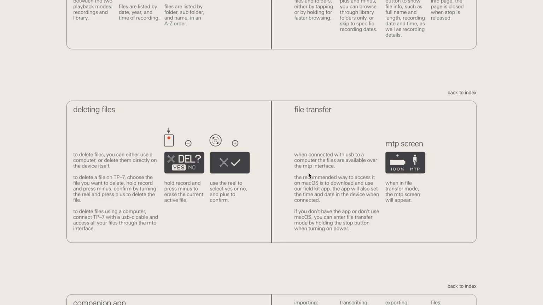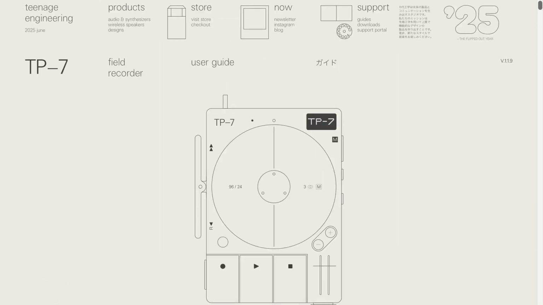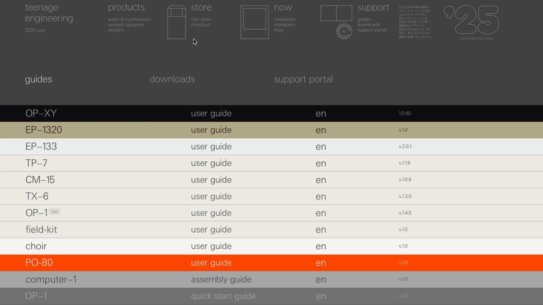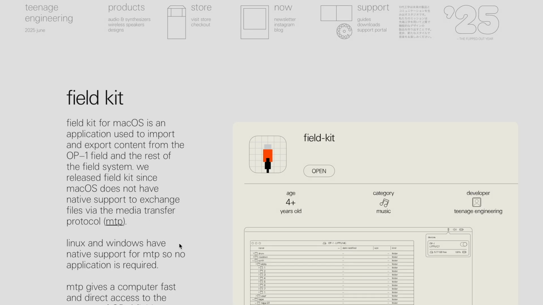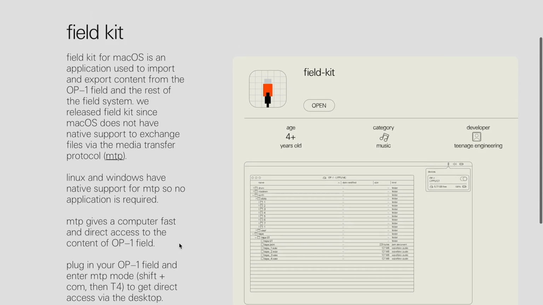So maybe they should change this to something like the files are only accessible through the FieldKit app. And if you look into the FieldKit app, which is a different manual,